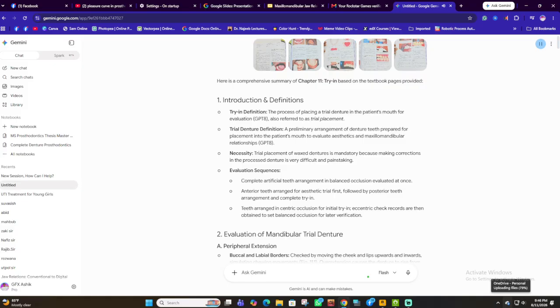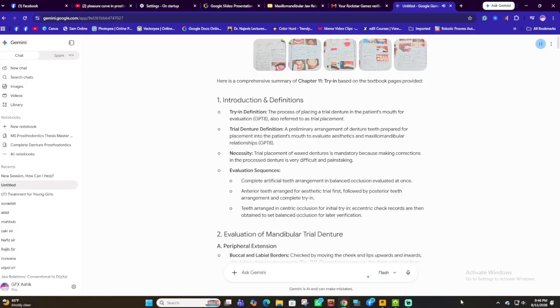C. Tongue space. Lower posterior teeth must be placed in the neutral zone between cheeks and tongue. Evaluation: tested by asking the patient to raise the tongue after inserting the lower denture, Fig. 11.5. Immediate movement indicates lack of tongue space. Movement after the tongue rises to a distance indicates lingual overextension. Causes of restricted tongue space: